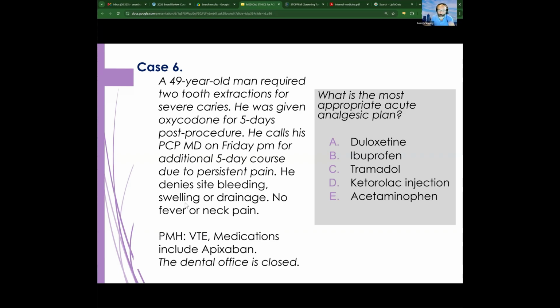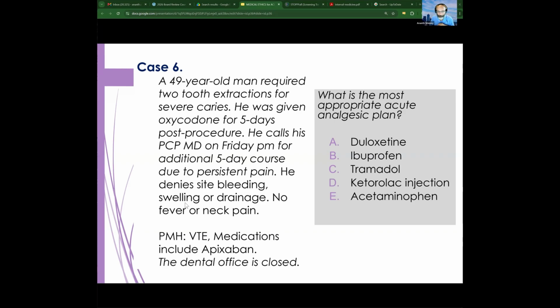Again, those were painful extractions. He's not having any bleeding, swelling, or drainage, no fever or neck pain, right? No red flag symptoms. Past medical history is notable for a history of thromboembolisms, and he's on apixaban for anticoagulation. And of course, the dental office is closed because it's Friday afternoon and you were on call and working late, etc. So for case six, and Sharon, if we could put up the questions,